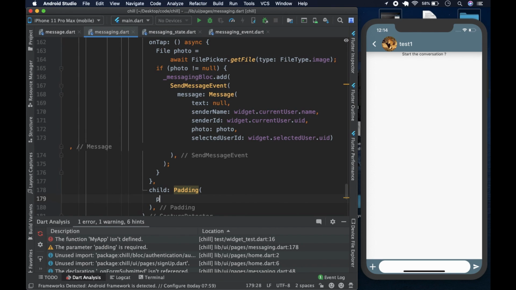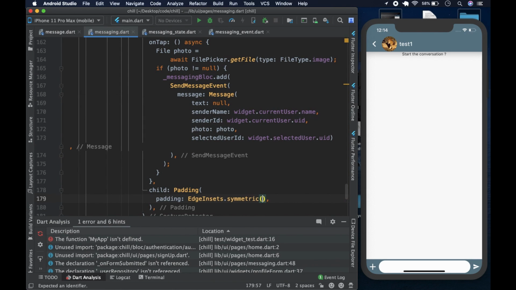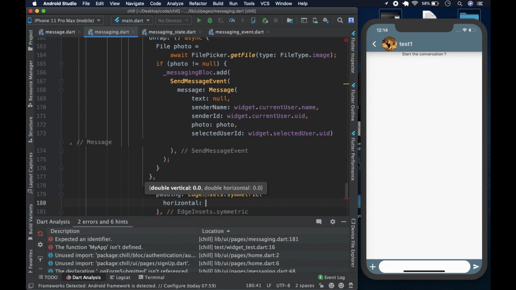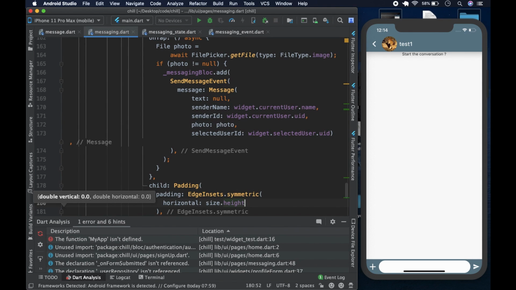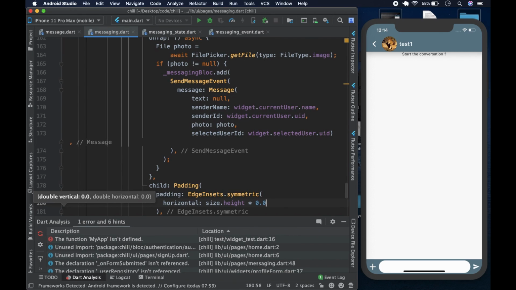This one is going to be of type padding, and it's going to be EdgeInsets.symmetric. And we're going to have a horizontal. The horizontal is going to be size.height times 0.005